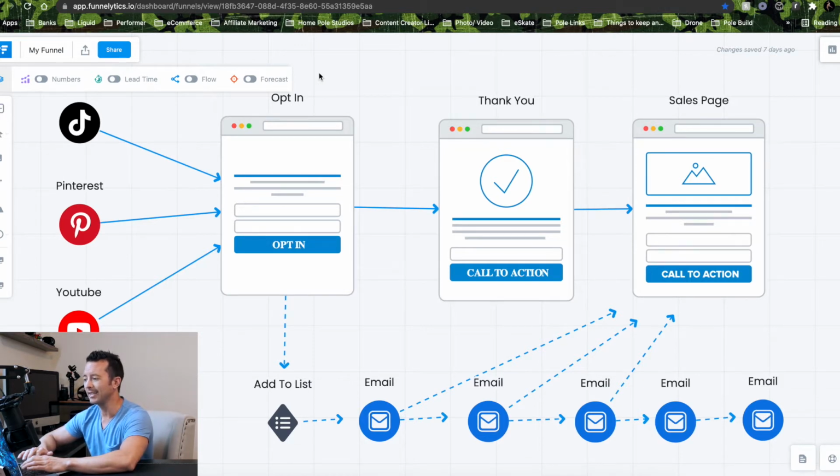Okay, so this is a simple two-step funnel in the sense of we have an opt-in page right here, and then we have our thank you page. Okay, so that's the two-step funnel for me. And then at the end, it's going to drive them over to the actual product, which is the sales page here. Okay, so if we go back to the beginning of this entire funnel, we want to drive traffic